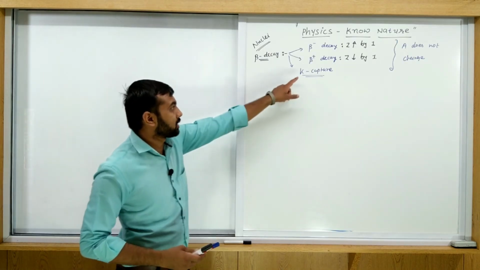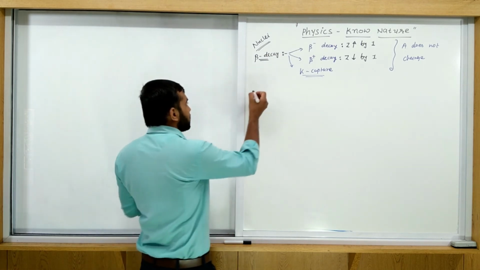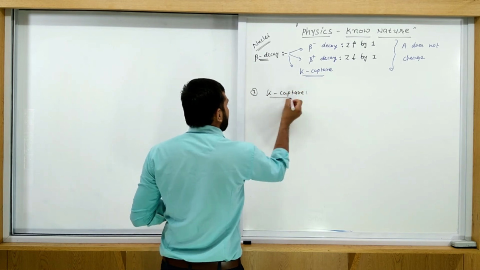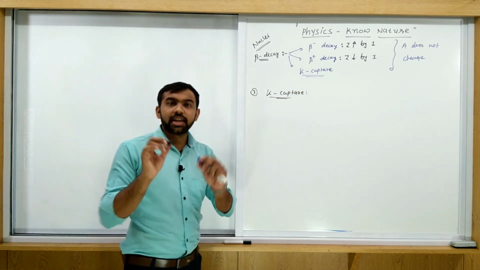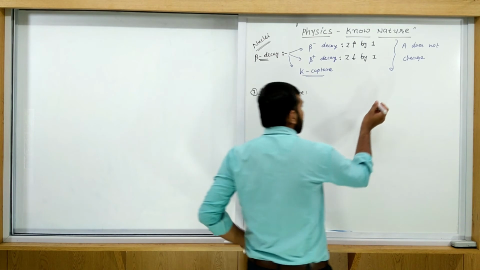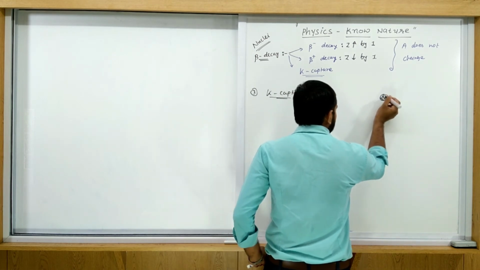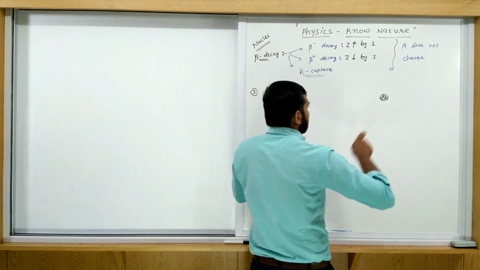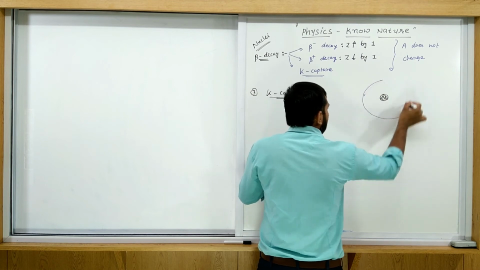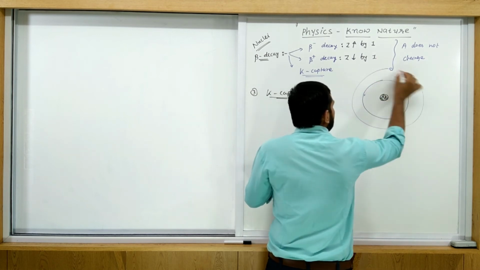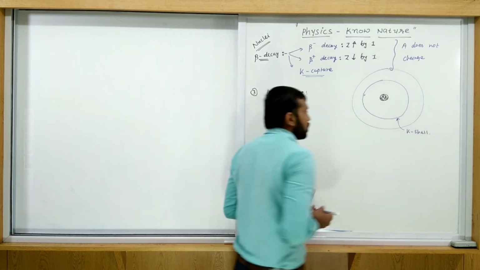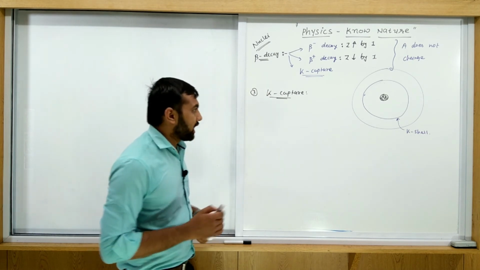Now let us discuss K capture. That is the third case of beta decay. As we studied in atoms, the first shell of any element is called the K shell. Consider the nucleus, and the atom is drawn like this. That is the first shell, that is the second shell. This first shell is called the K shell. So what is K capture actually? K capture is nothing but